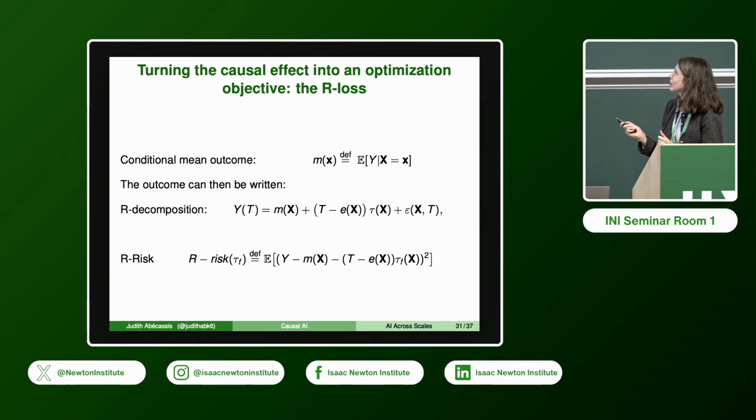So here again we define our outcome depending on the covariates. And we can actually rewrite it so that we make appear the treatment effect. And so by rearranging those terms, we can then have an optimization method that directly tries to optimize the treatment effect that leads to the smallest estimation error compared to the observed data. So that is leading to another model called the R learner. So I'm not going to go into more details, but